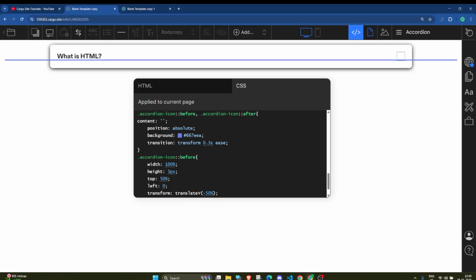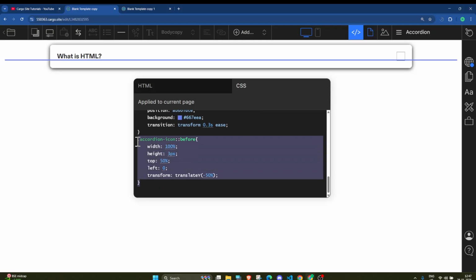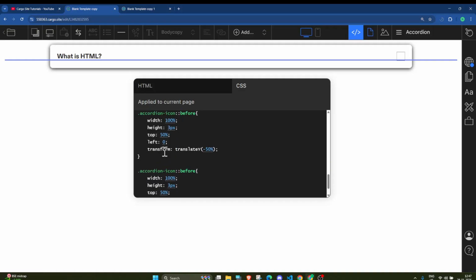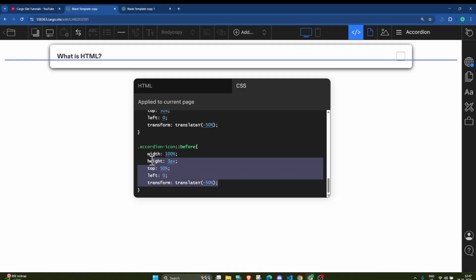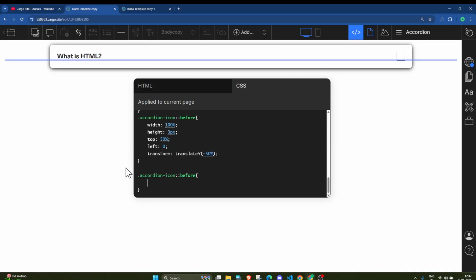So I'm adding this because I'm basically creating the icon, and again I will copy this thing, remove this and add after here.